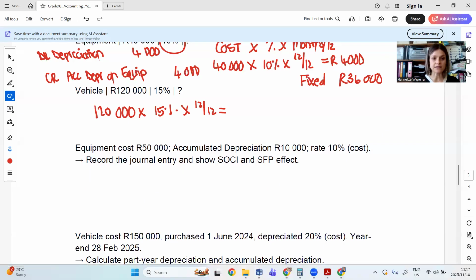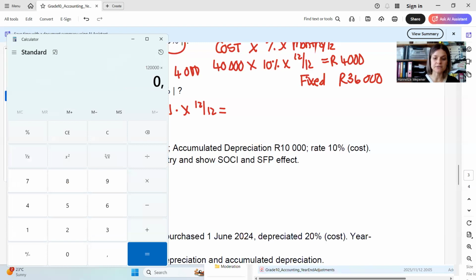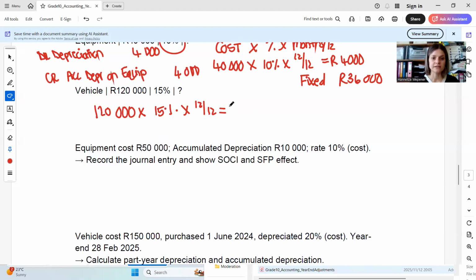So that amount then is 120,000 times 15% for the full financial year, 18,000 Rand. And yes, 12 over 12 is the same as not saying anything there, but it's just to remind you that it's not always 12 months. So just get into the habit of saying times 12 over 12 so that you're always on the lookout for